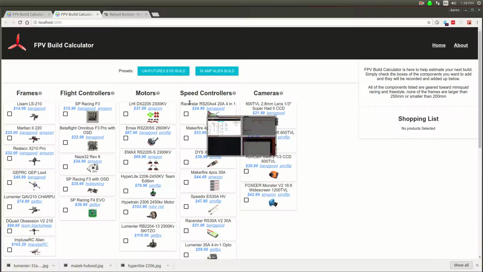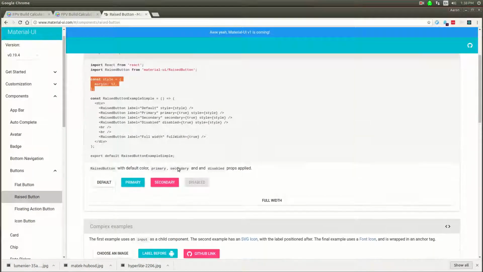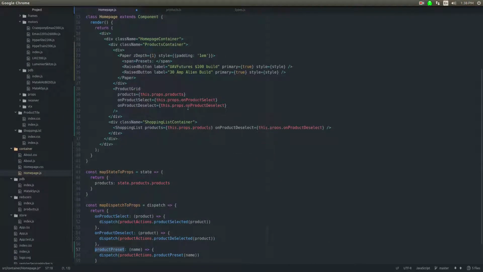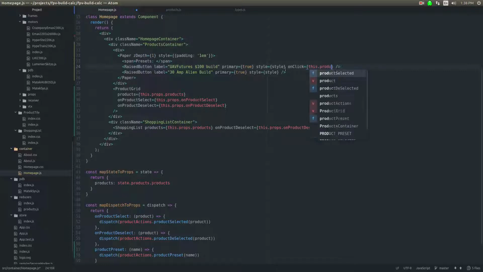Product preset, and then on the button we just need to make sure we wire up the on click. So I believe that there is some kind of on click, and yes there is. So on click is going to be this dot product presets, and then I'm just gonna hard code in here UAV futures 100. That'll be that one, and then the other one will be